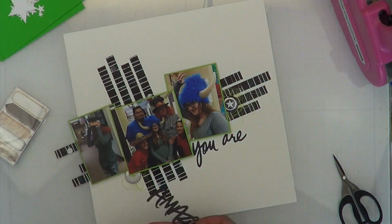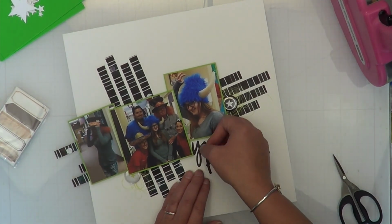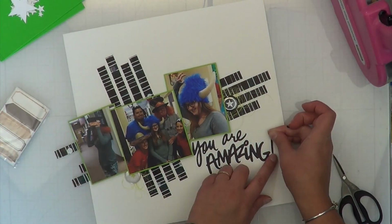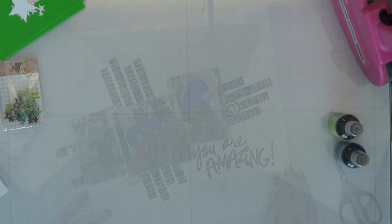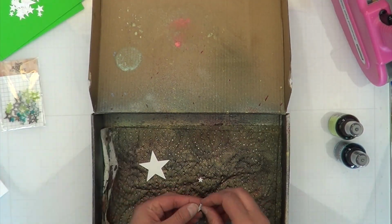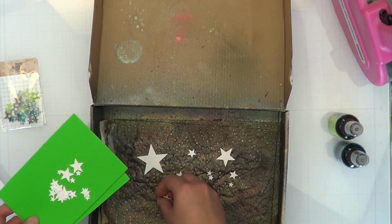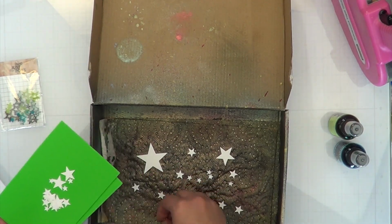There isn't a whole lot of green in the photos, but I wanted to bring that. Every time I think of black and white, I always think of just neon green. I have no idea why, but I do. And so I wanted to bring in the green. Well, because of my daughter's hat that she is wearing, the monster hat, I'm bringing in a little bit of